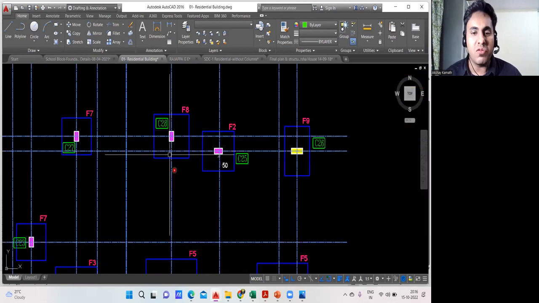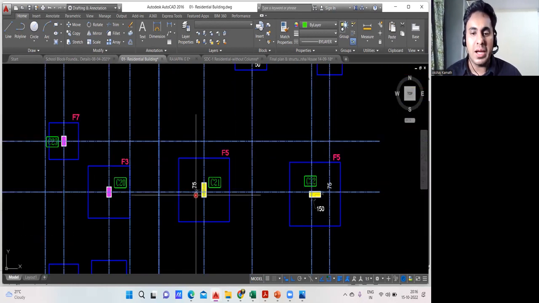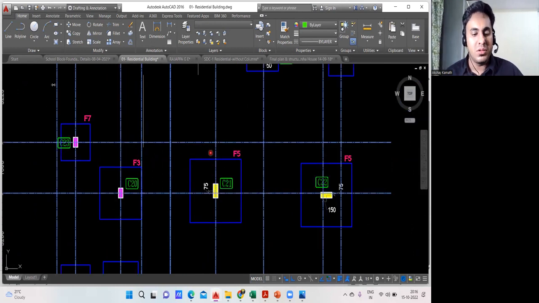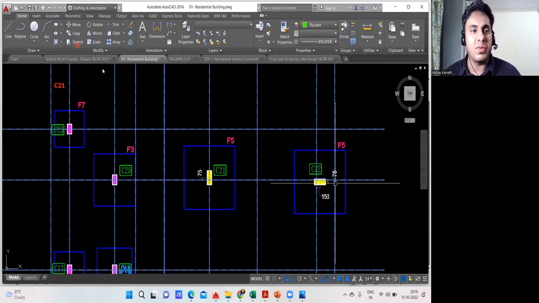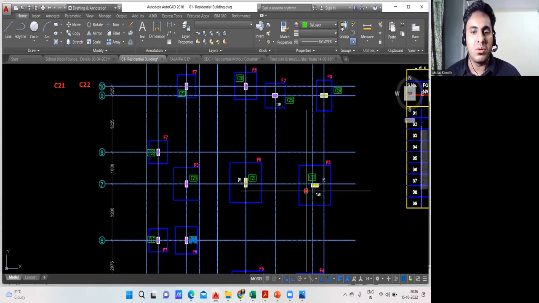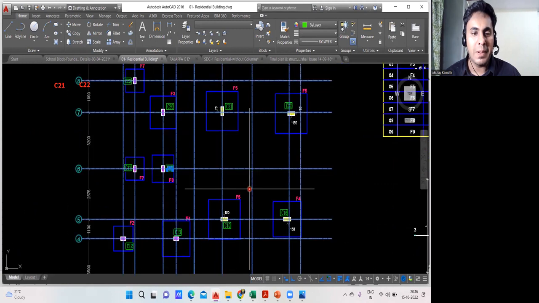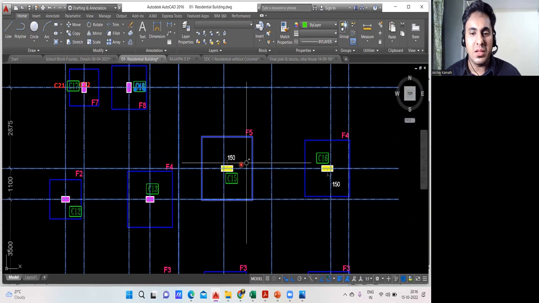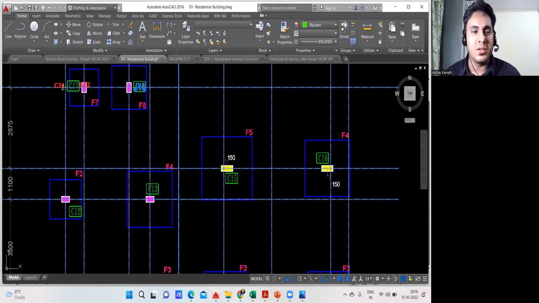So on F5, there are 3 footings. There is no F5 here. Yeah, C21. Remember C21. I'll write it down. C21. Then again, we have here C22. F5, C22. Then F5, yeah, C15. Okay, C15,